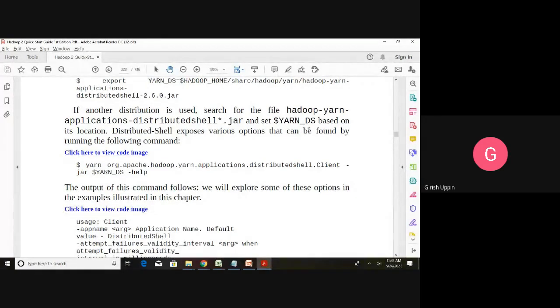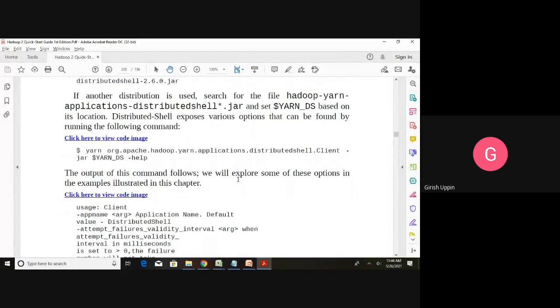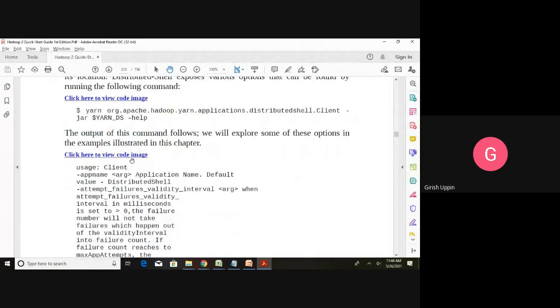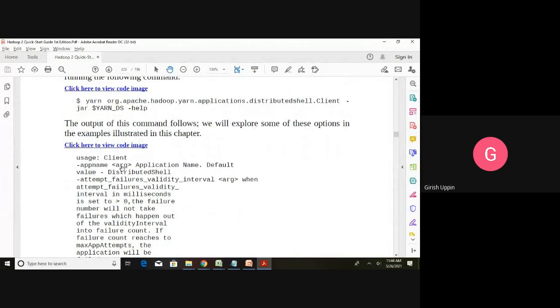So assuming that you have set the correct value for the YARN_DS environment variable, we can start the YARN distributed shell using this command: yarn, space, this is the complete path for this client, hyphen jar, then YARN_DS, hyphen help. What hyphen help will do is get the list of all the commands that can be executed on the YARN distributed shell, and we will look into each of those. You can see this will give us a usage here.